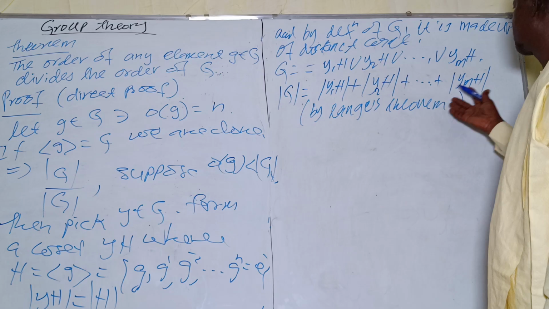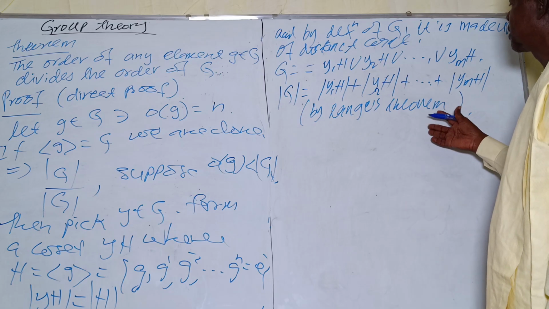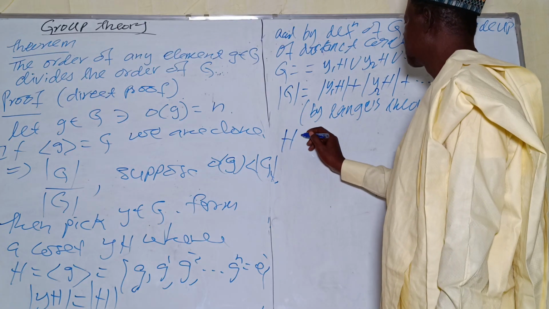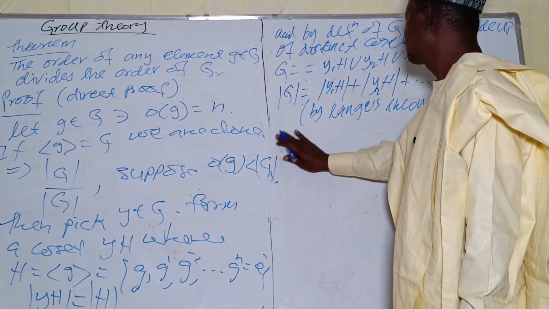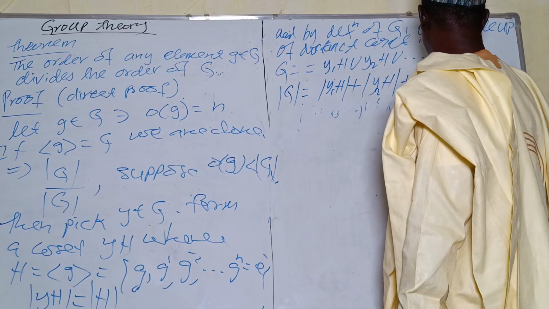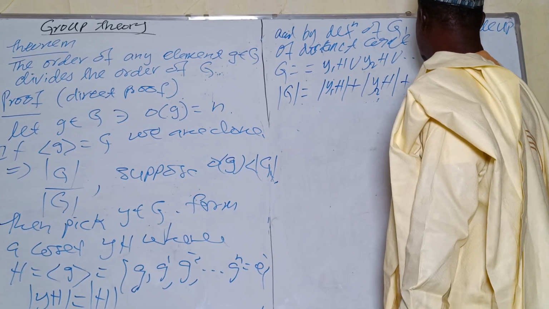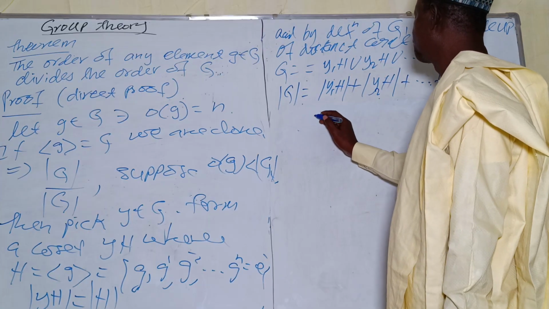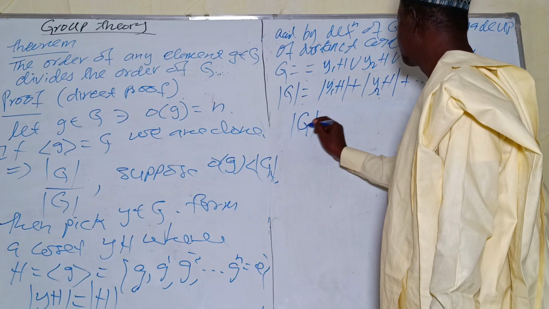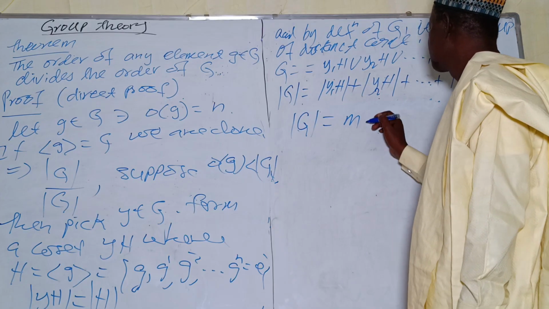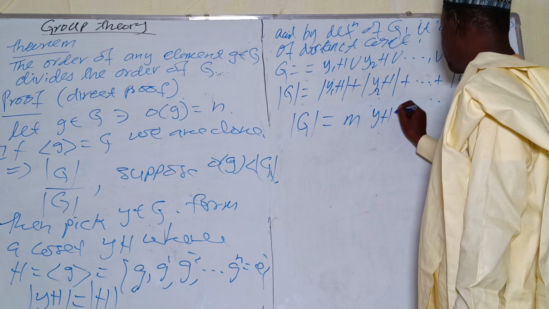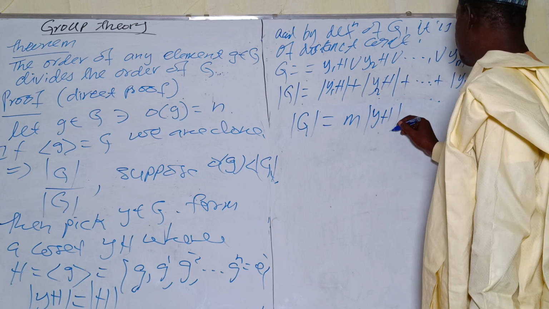So I want to establish by Lagrange's theorem, therefore, that the order of G is simply what? Therefore, the order of G is m times the order of yH. Why? Because